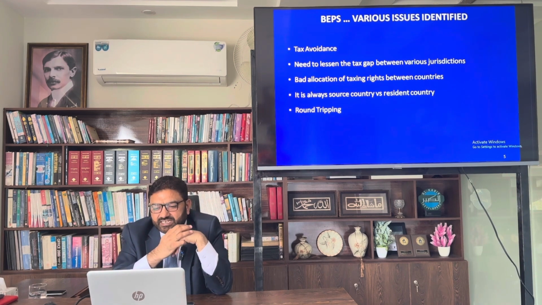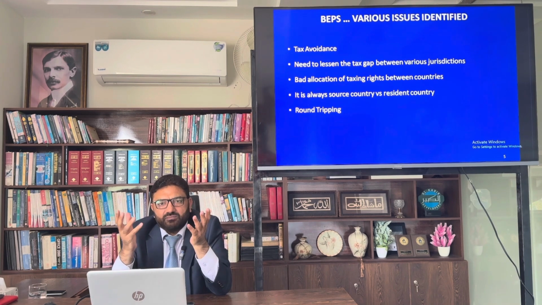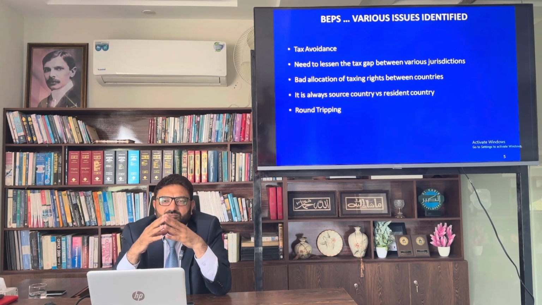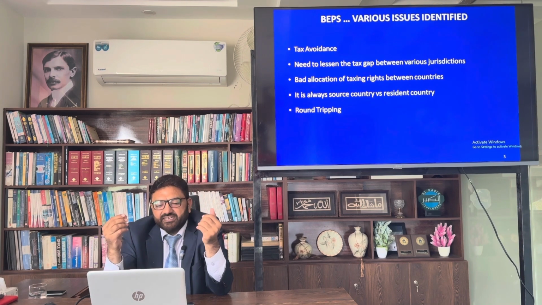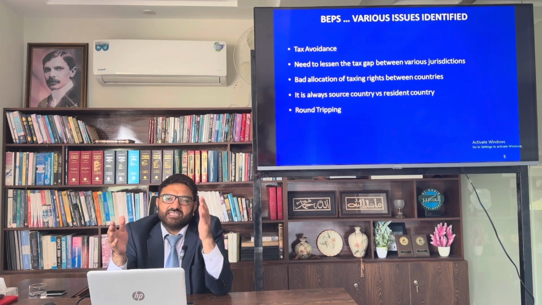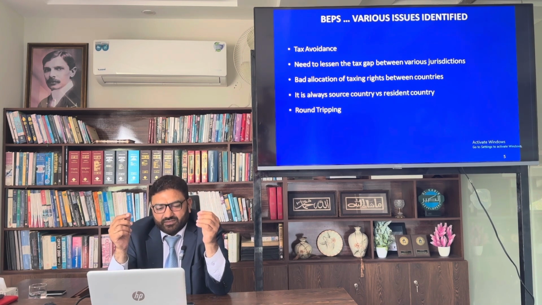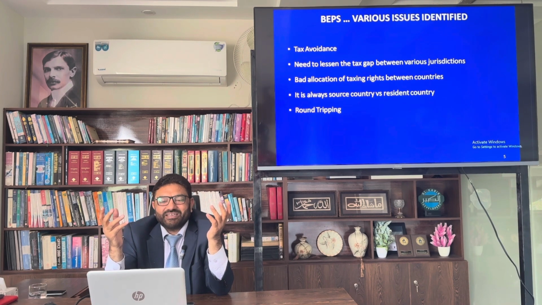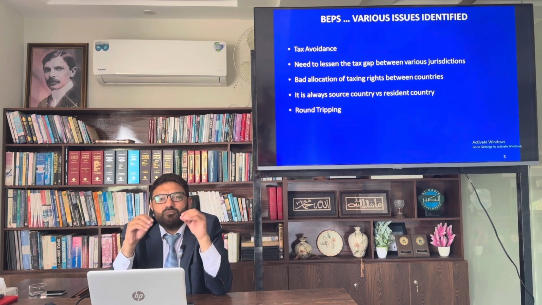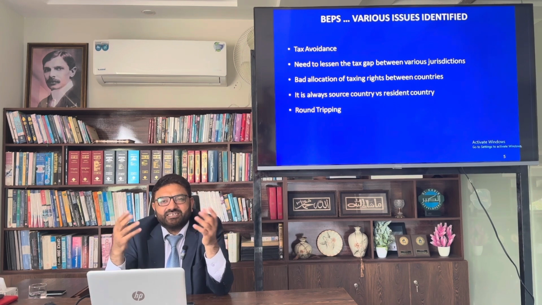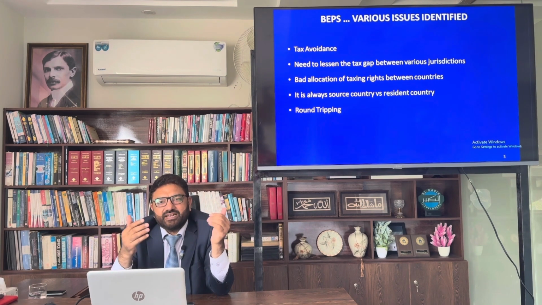Bad allocation of taxing rights between the countries: the different countries make treaties between themselves to avoid double taxation. But if there is a difference between their rates of tax, it creates a bad allocation between these countries. It is always source country versus resident country. Absolutely right, because the source country has a right that if you earn a profit from my population, then you should pay taxes to me. But the resident country has the claim that as it is my company, it will give taxes to me. For that reason, it